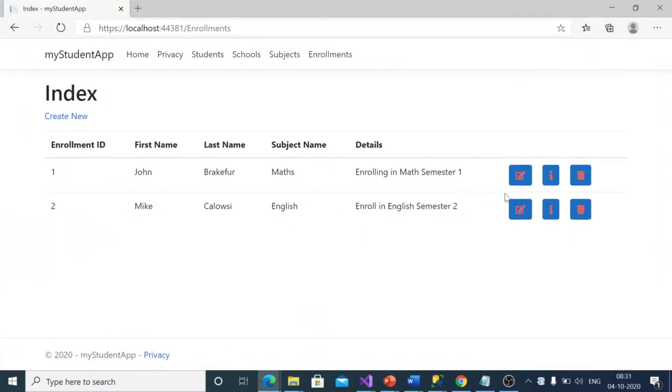Okay, there we have it. You see that? Since we added the font, that's our new edit, that's our info, and then there's a delete. So how did this happen? We added Font Awesome, we included that, and